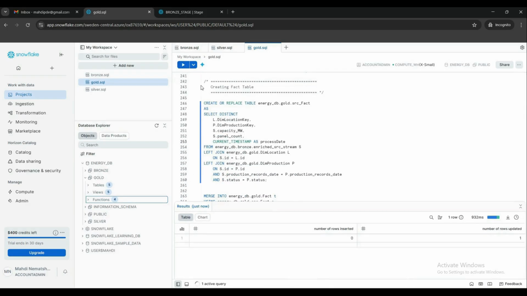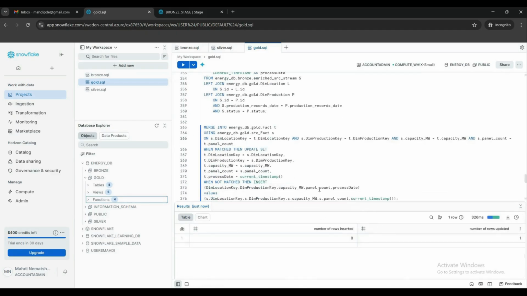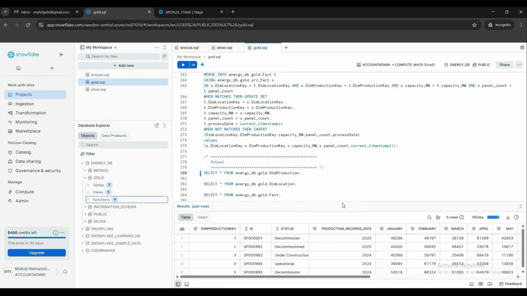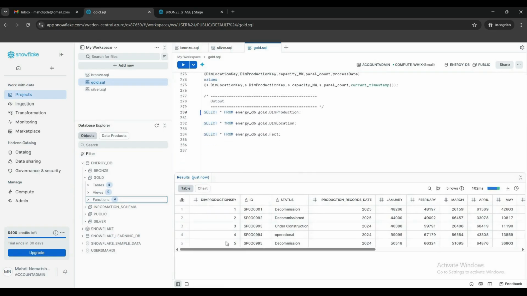And for fact, let's merge it. Nothing happened. One update. And if we see, let me open, for dim production,